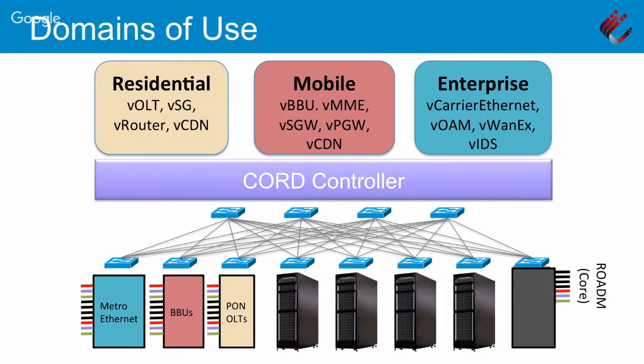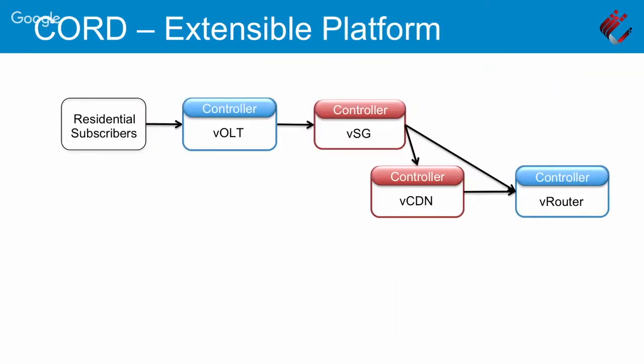This is a slide that you saw from Guru earlier, and it's basically saying you can take this same hardware software platform and you can use it in different domains. I would like those lines to be fuzzier. I mean, the fact that we break them into domains is an artifact of market business units today, market segments today. That doesn't mean there couldn't be a lot of blending between those lines as we go forward. And that is really what we're after in the end. And so one way to think about this is that CORD is, in fact, a platform. ONOS was a platform. CORD is now a platform as well.